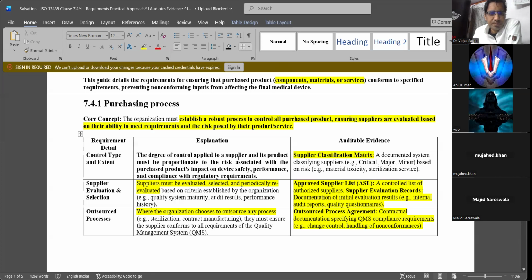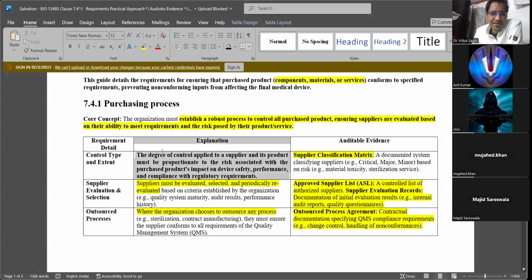The degree of control applied to the supplier. See, this is what I am trying to make you understand. What is the degree of control applied to the supplier? How much control do you have over the supplier? And its products must be proportionate to the risk associated with the purchased products, impact on device safety and performance, and compliance with regulatory requirements.